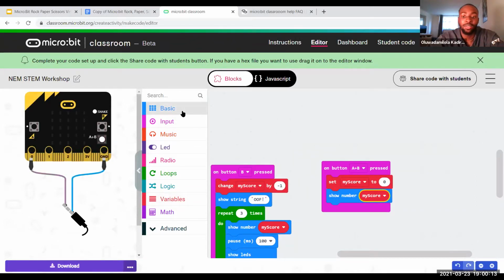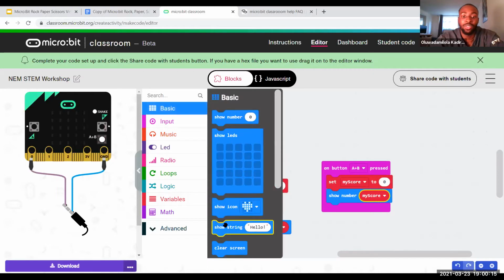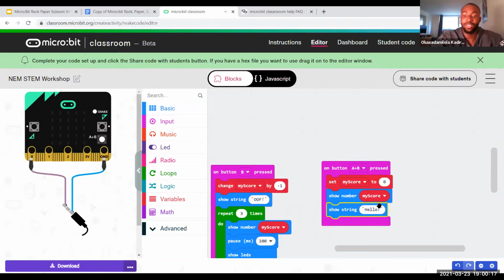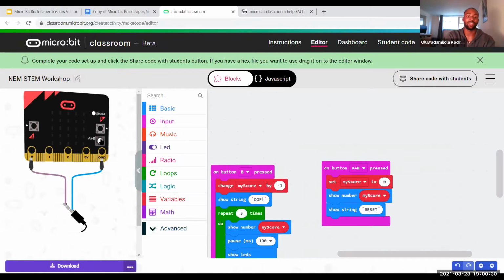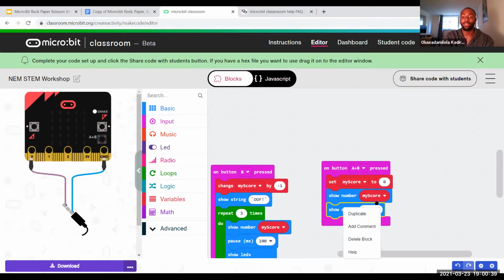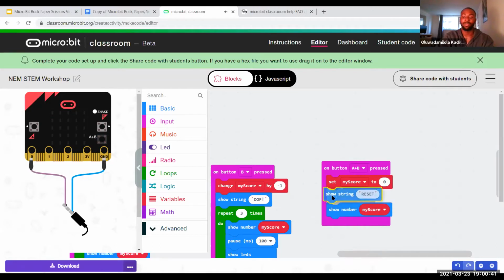And finally, show string and change this string to reset. Just so the person knows the score is reset. And you're done. That's how you reset your score. So if I press A plus B, it'll show me 0 and reset. Or I guess I can make it reset then 0.